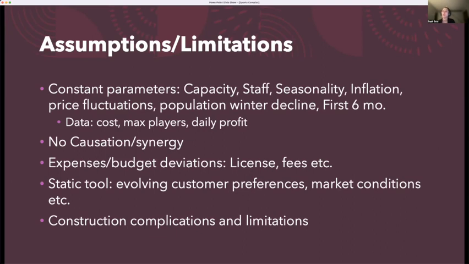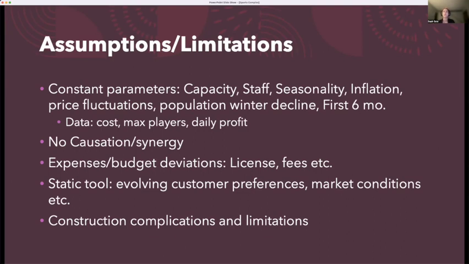We're ignoring that there are many fewer people in Fargo in the winter, so there might be fewer people that come into the facility. We're ignoring the fact that typically within the first 6 months of opening a new facility, that's when we have the most participants, and then it drops rapidly after that. It's important to note that because it creates a limitation in our model, and typically our model inflates larger than it should be.